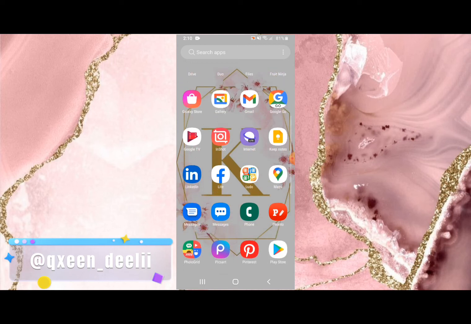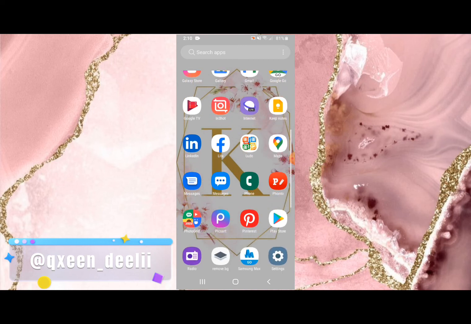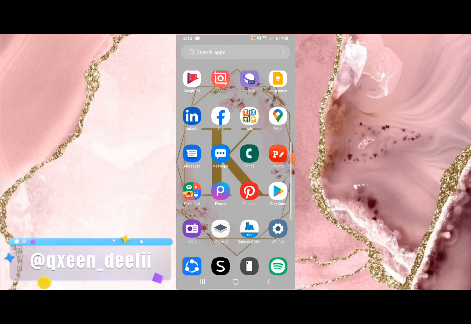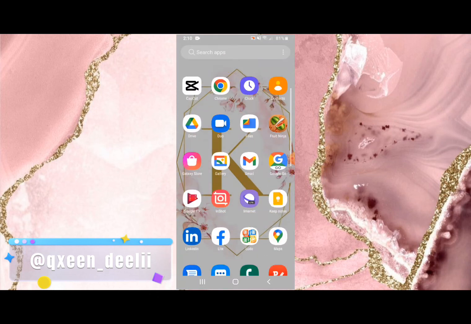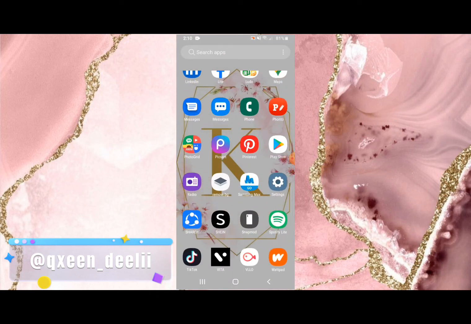Maps, Messages. On this phone I have two types of messages. I can use any one of them. I'm currently using the first one. Phone, Fonto, Picture Grid, Pinterest, Play Store, Radio, Remove BG, Smart Max,